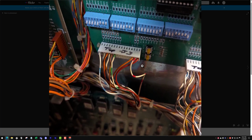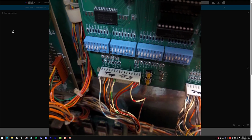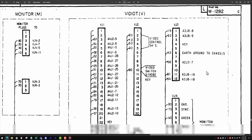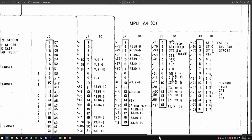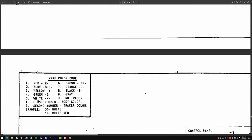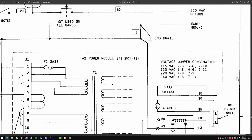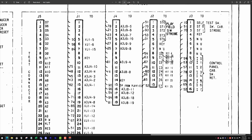And if we look, it's solid red. And then number 2 should be a red and white. Let's just verify that. Let's see here. Here we go. 51. So 51 should be white and red. Okay, so that's right. So now let's go back down there. And we should be able to use this. All right, so